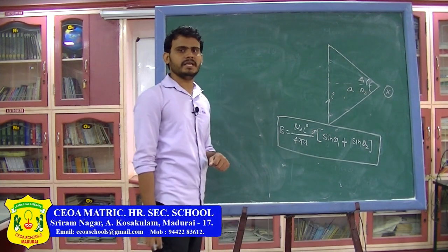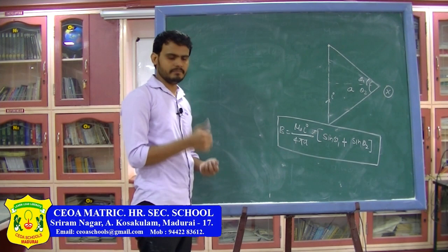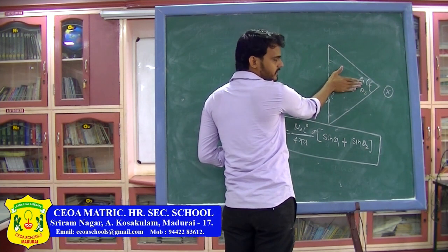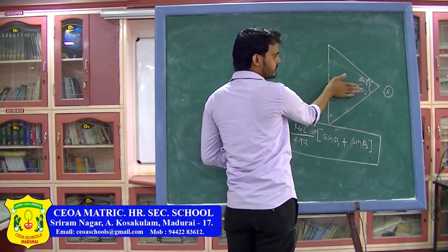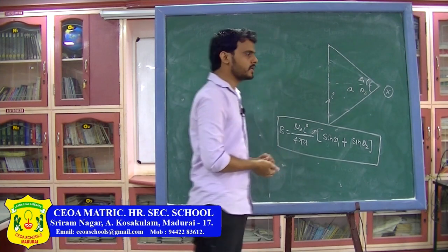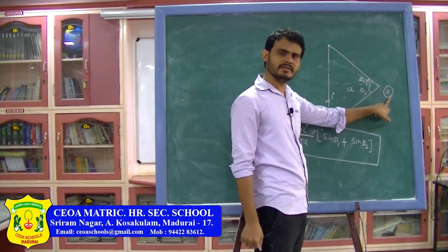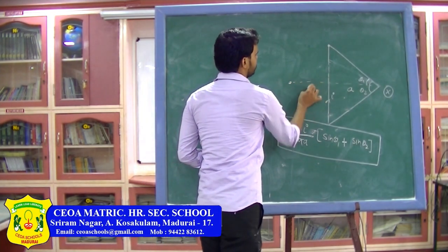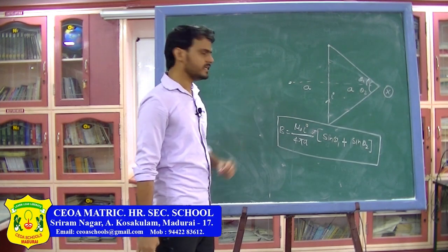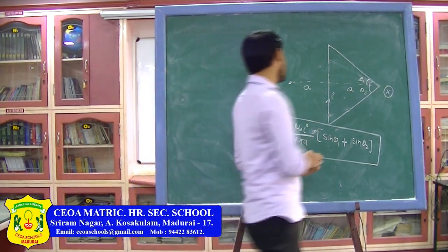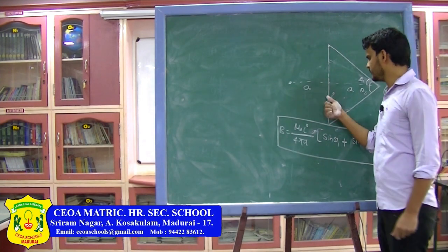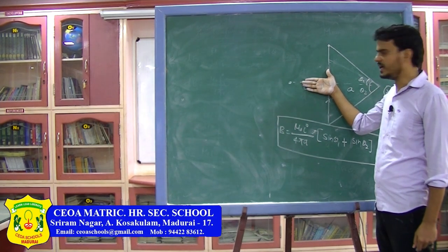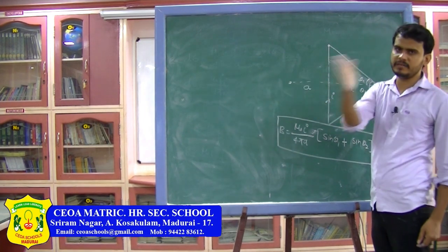Or you can use the right hand palm rule also. The right hand palm rule says thumb in the direction of the current. So, if I keep my thumb in the direction of the current and fingers in the direction of the point, then the magnetic field will be given by the direction of the palm, which is again inward. So, here if the point is this side, the magnetic field will be inwards. Similarly, what if the point is this side? Because the point can be on this side also. So, if the point is here, again I have to use the right hand palm rule: thumb in the direction of current, fingers towards the point, palm will give the direction of magnetic field. So, at this point the magnetic field will be outwards.